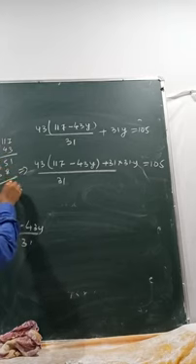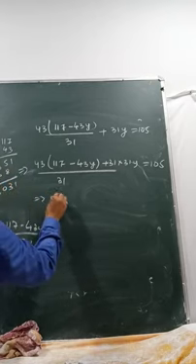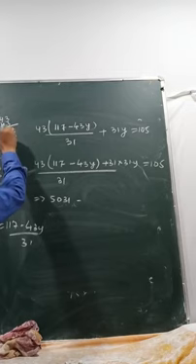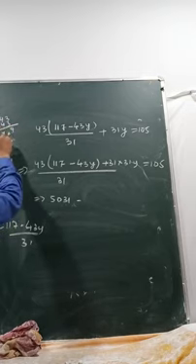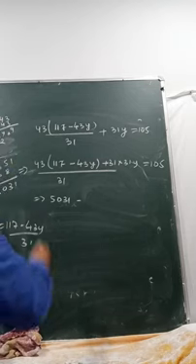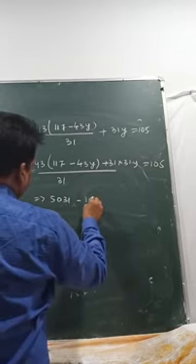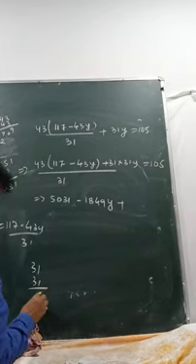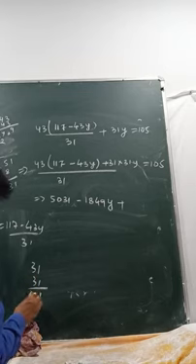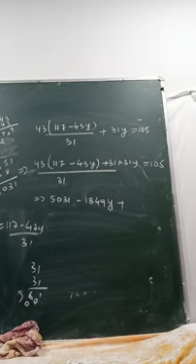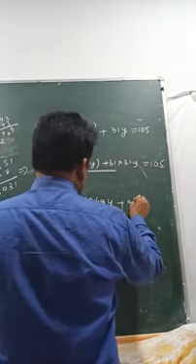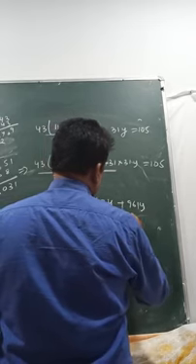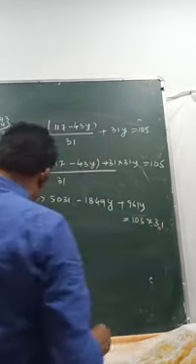How much you will get? This is 5031. Then minus 43 into 43 is 1849y, plus 31 into 31 is 961y, equals to 105 into 31. Okay, let's solve it.